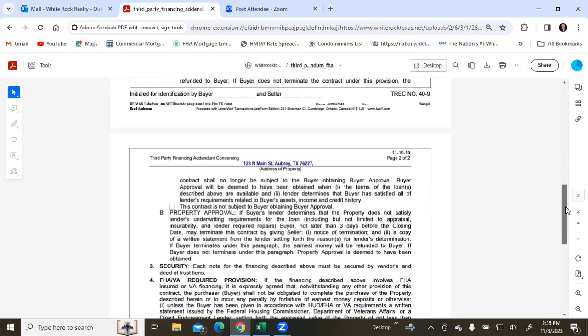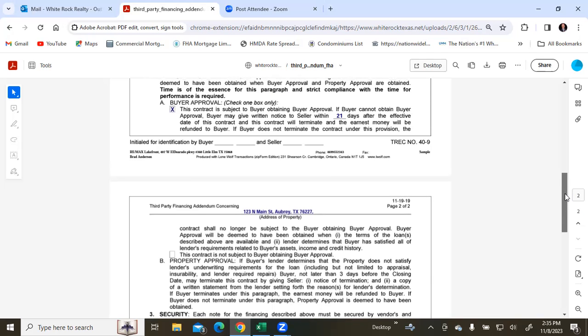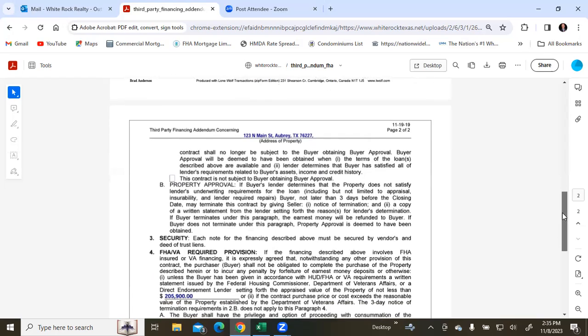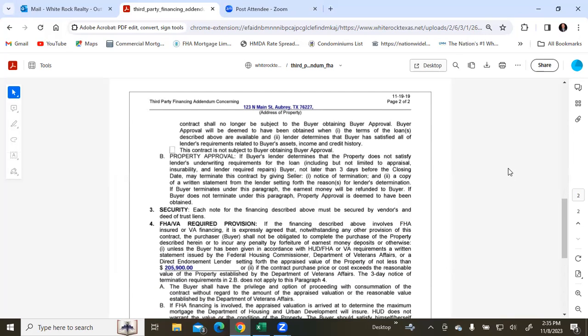So then that brings us to the property approval. Well, it's one thing to be able to get a loan, but if the property doesn't meet certain requirements for the lender, then it's game over. So what would those things be? Well, the most common one is an appraisal. So if the home is $205,000,